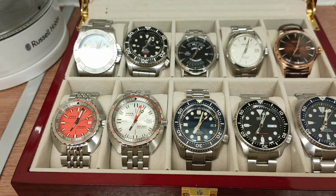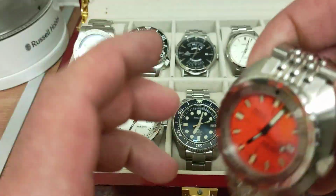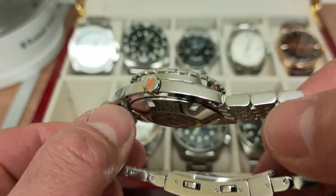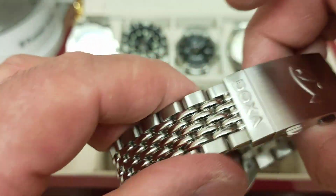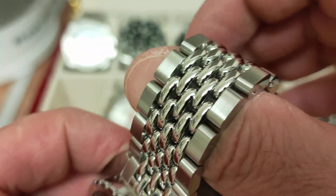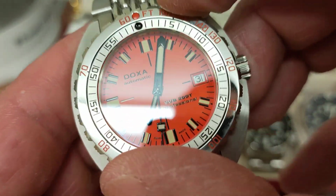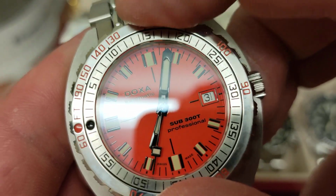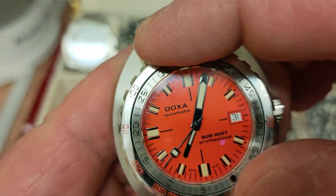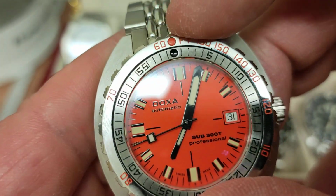The next watch I was gifted is this one, which is my lovely Doxa Sub 300T, a 1200 meter Swiss diver. Don't need to explain it too much, everyone's seen it. Beads of rice, exceptional bracelet. Look at that, and then this fantastic bezel. No backplay. Absolutely something else. Professional is the orange dial, classic Doxa dial,